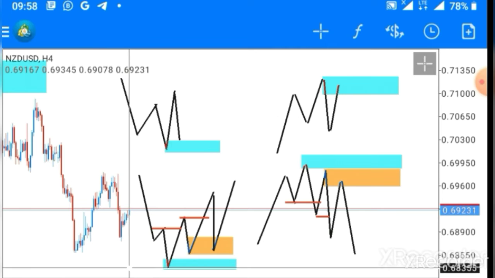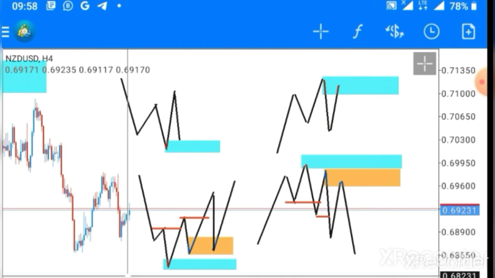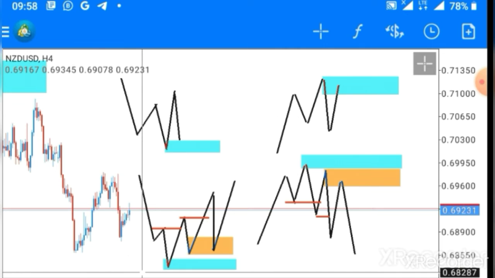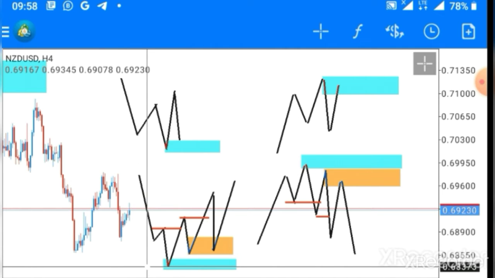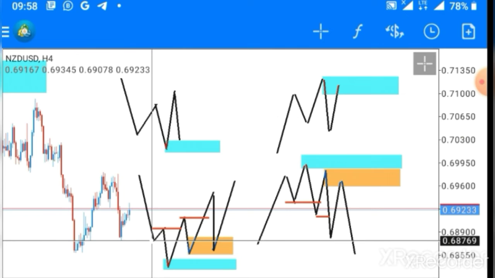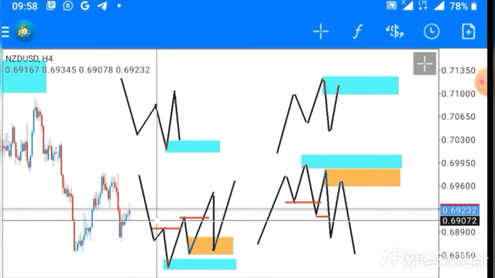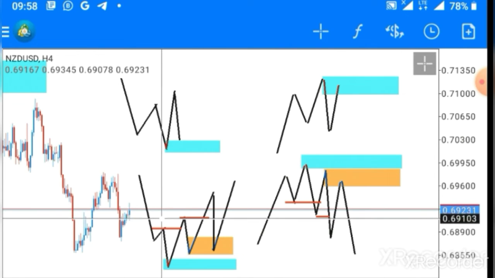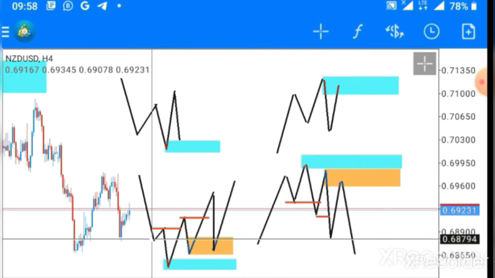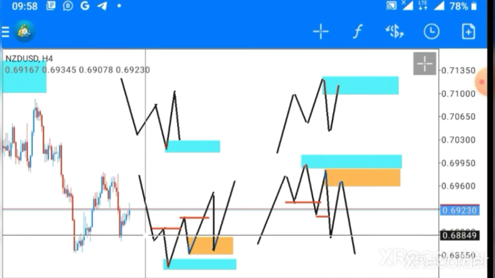Oh, can't you trade the first break of structure? Yes, you can. But as I told you earlier, it is a risk entry. So what you need to wait for as confirmation is double break of structure. Once price breaks the structure the second time, the OB sitting here after the second break of structure is a high probability OB. And so when you take your trade from that location, it becomes a high probability OB.